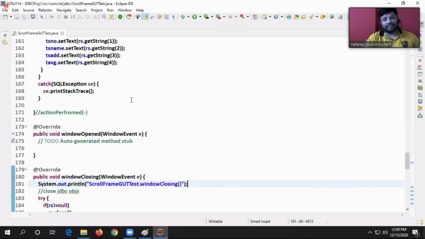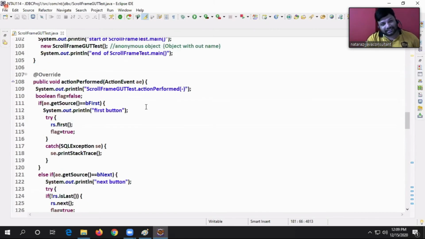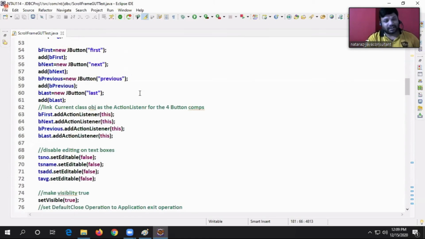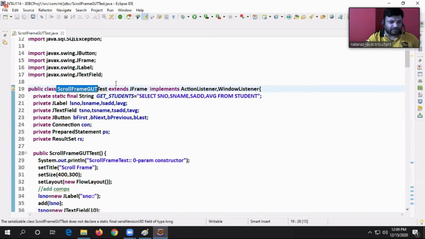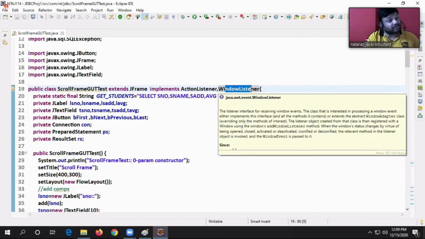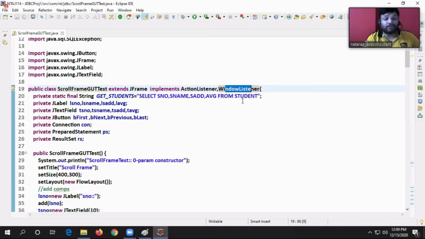While telling to frame window, I should tell current class object as window listener, right? But problem is current class itself is frame, current class itself is window listener. See, current class extends JFrame, that means current class is frame. Current class is implementing window listener. That's why current class itself is window listener. One class playing both roles. Now I have to tell to current class, which is acting as a frame, use current class again as window listener.